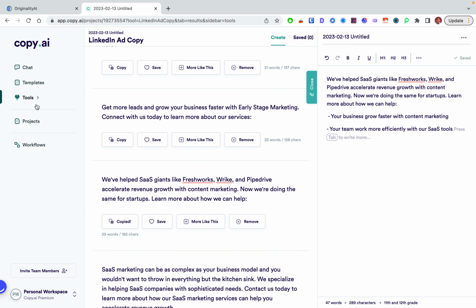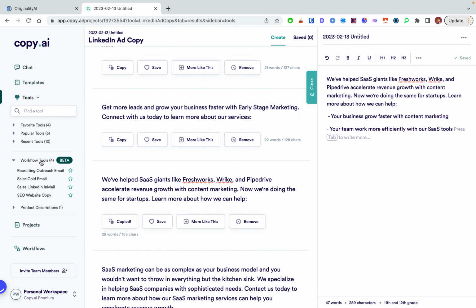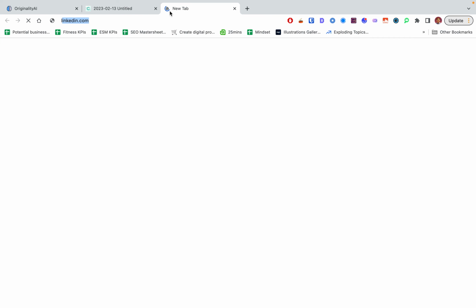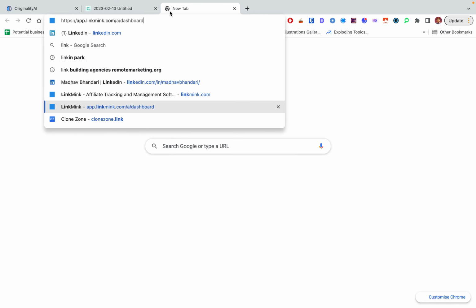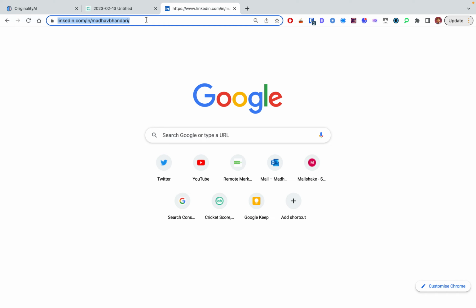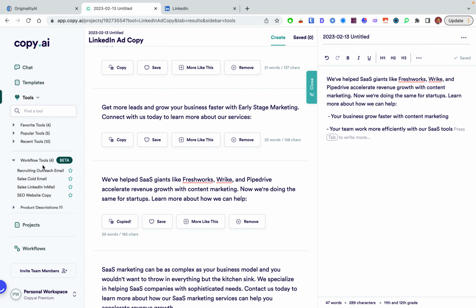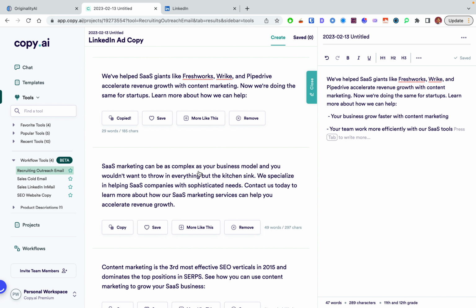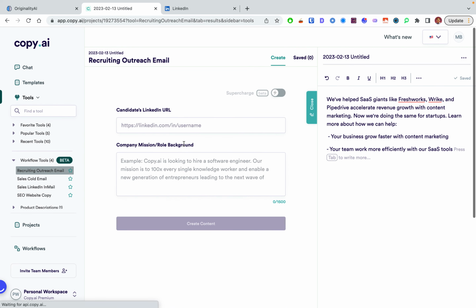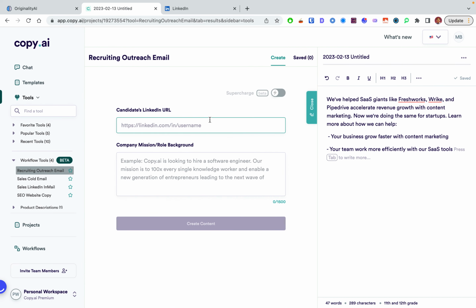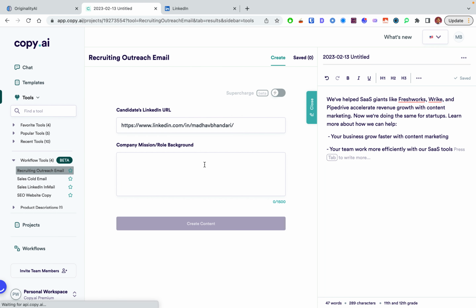Now I'm going to show you one more extremely unique but super interesting tool about CopyAI, which is these workflow tools, which actually take real-time data and then kind of create something for you, right? So let's say I want to recruit somebody, right? So I'm going to click on this guy, right? This is my LinkedIn profile, okay? And then I'm going to, let's say, for example, Copysmith wants to recruit me, right? So I'm going to say Copysmith is